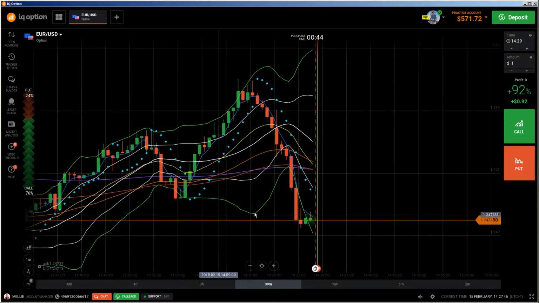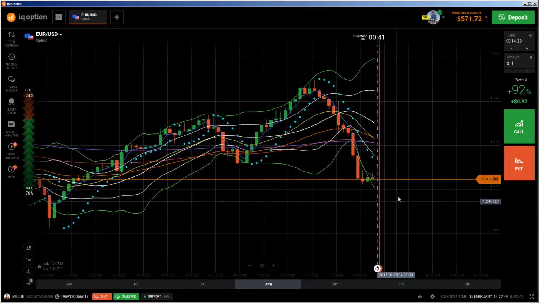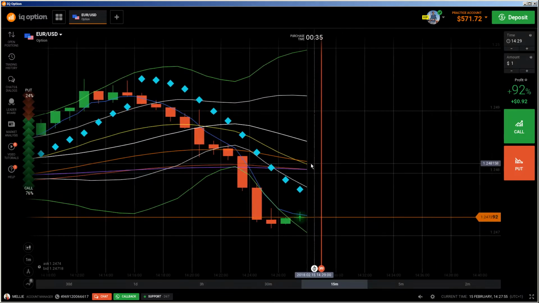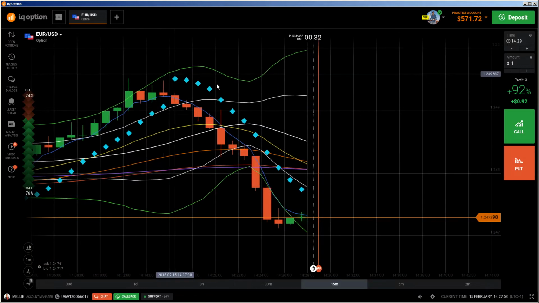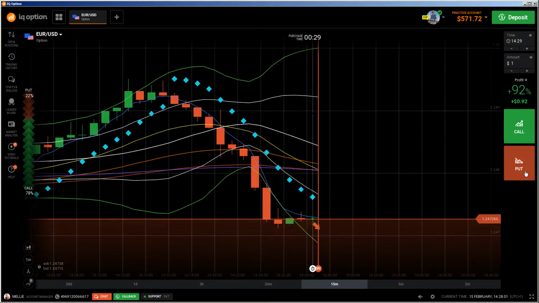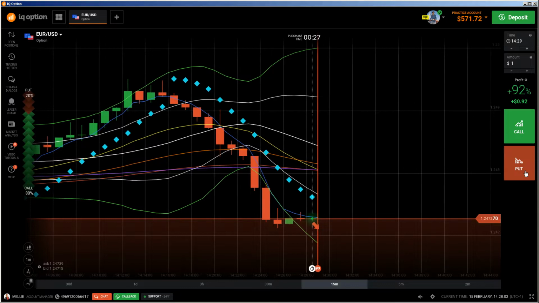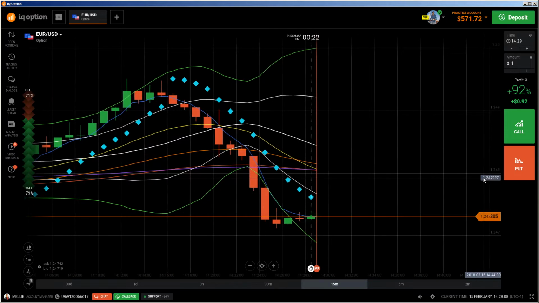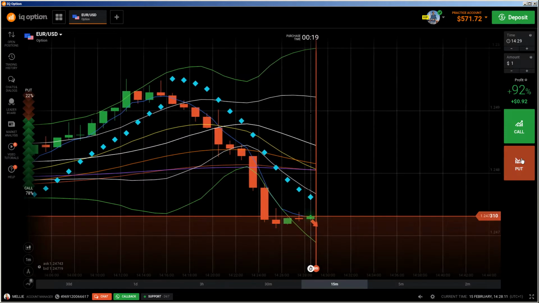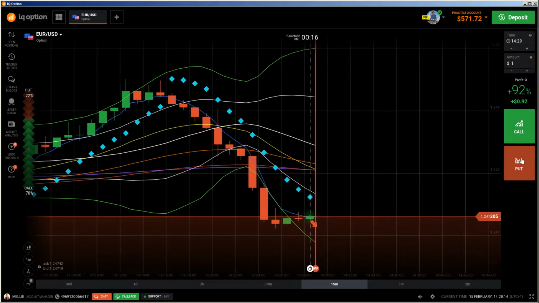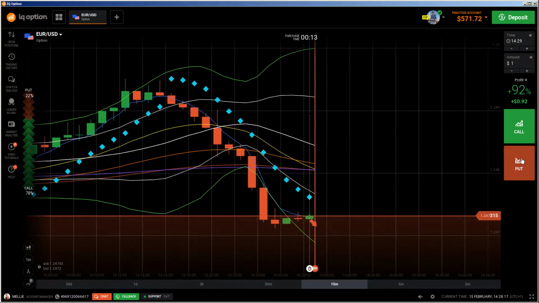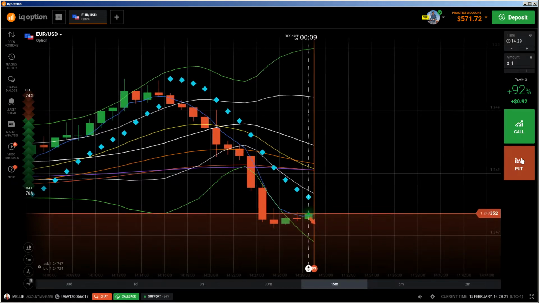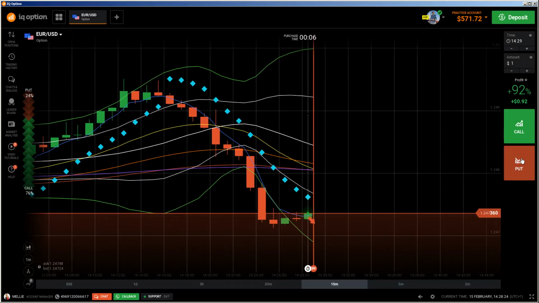So we wait for the next candle, and if the next candle will be a red one, showing down and the price action is looking like it would go down, I'm gonna do a put, because we are still in a downtrend here. Yes, so let me see. Okay, I'm gonna do a put now if I see some kind of rejection from this level here. Else I don't do anything, because we are here now in some kind of reversal. So let me see if I get a good rejection here from this level. Else I don't do anything.